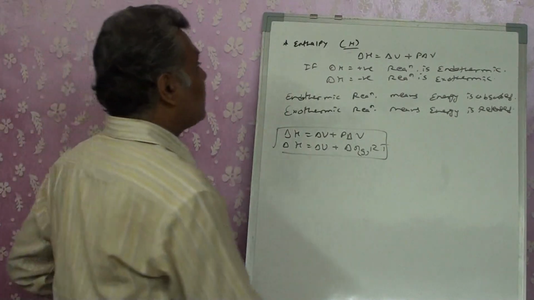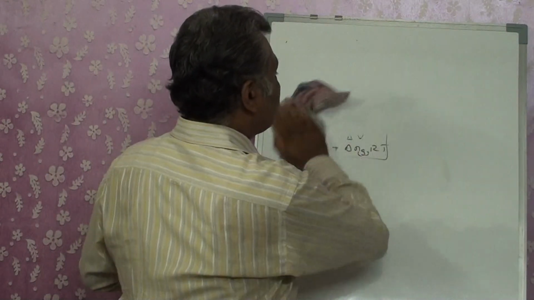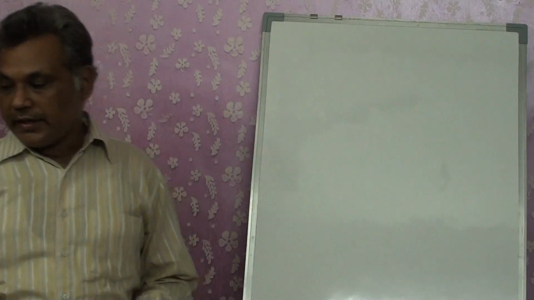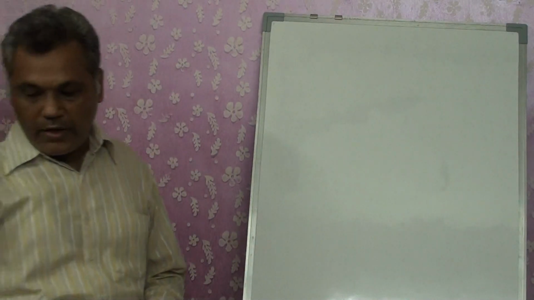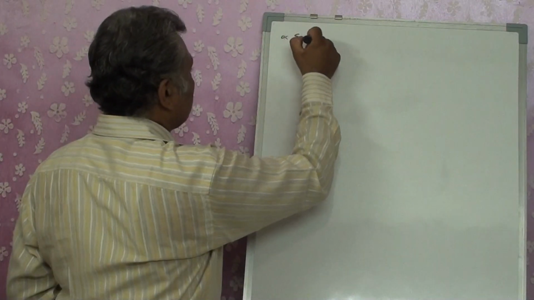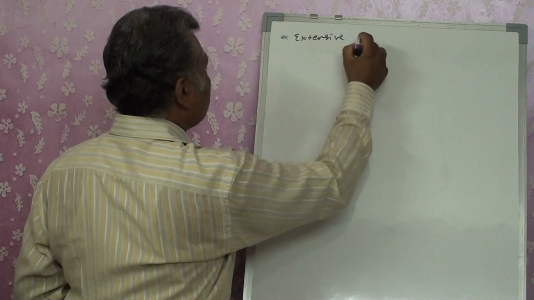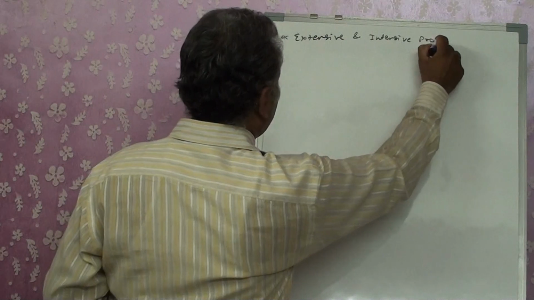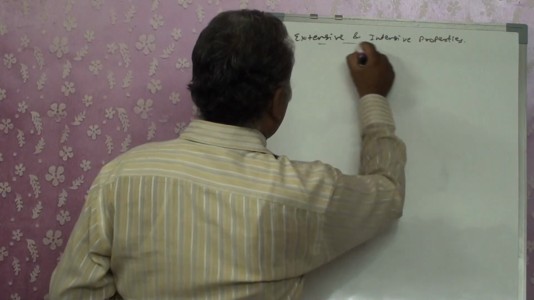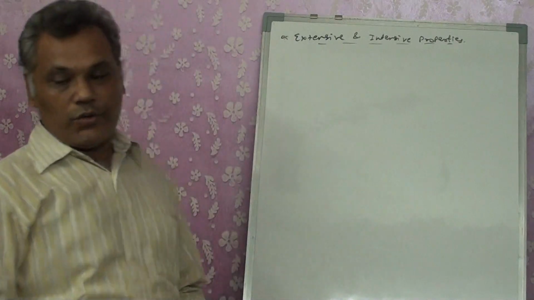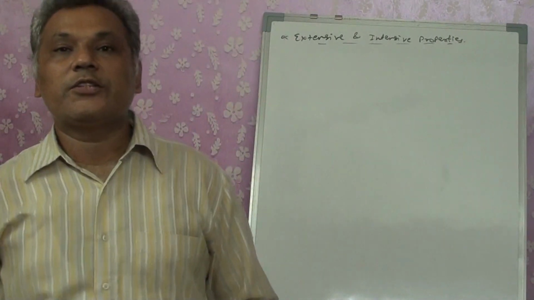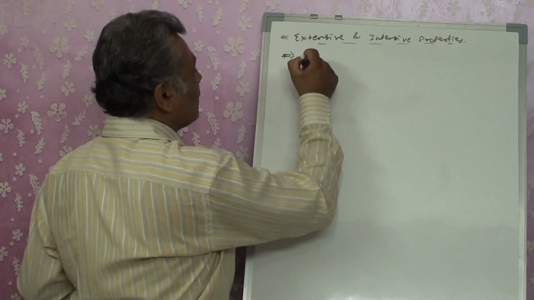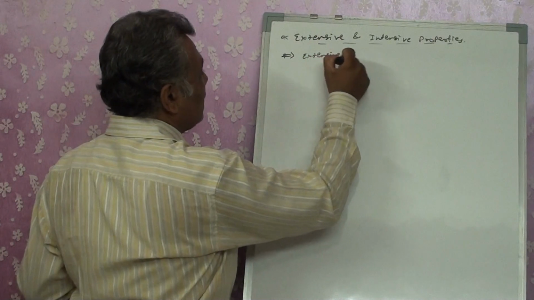Right? The next term that we are going to understand now is related to the extensive and intensive property. That is the next term that we are using. That is extensive and intensive. Now what are these terms indicating to us? These are the two properties that we are specifying. The first one that we wrote is extensive property.